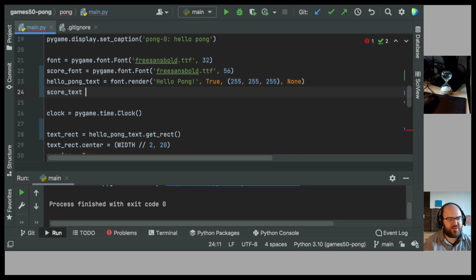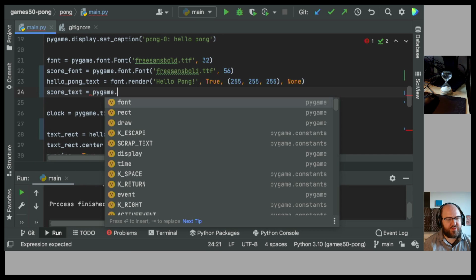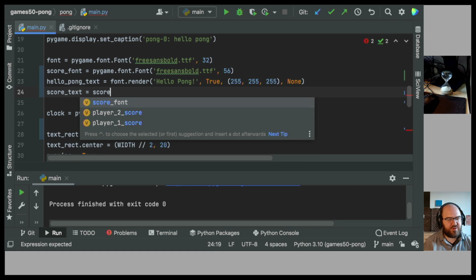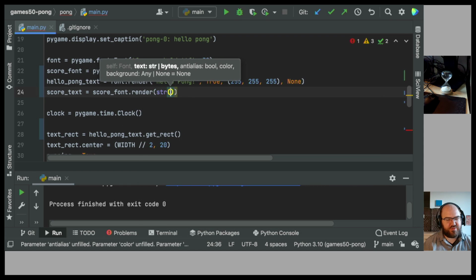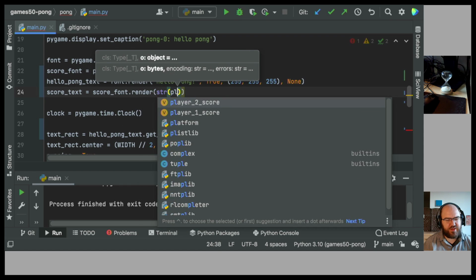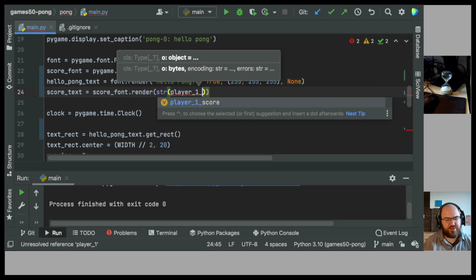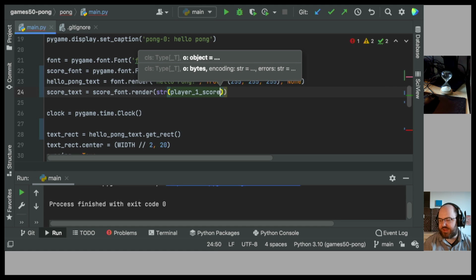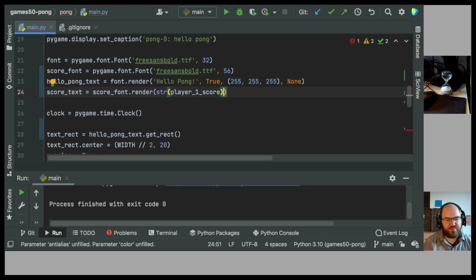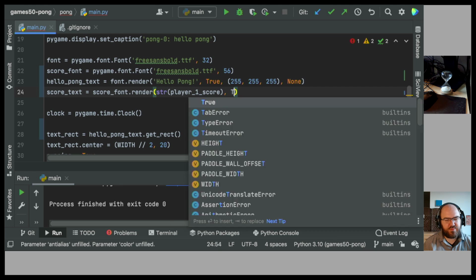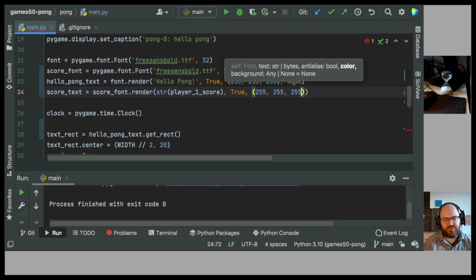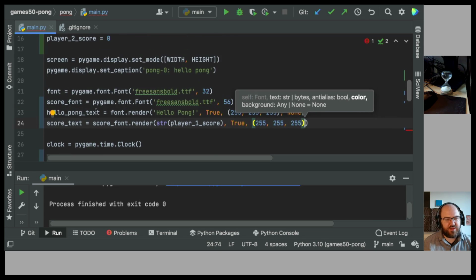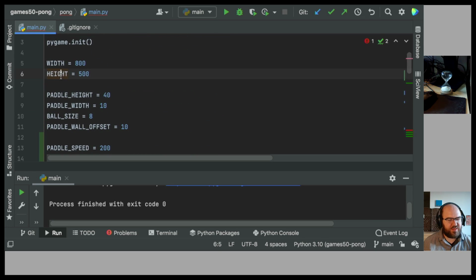Score text equals score font dot render, and now it's going to be a string of player 1 score. I don't know why it was recommending player 2 score first. That seems backwards. True, 255, 255, 255. You know what? We can make a